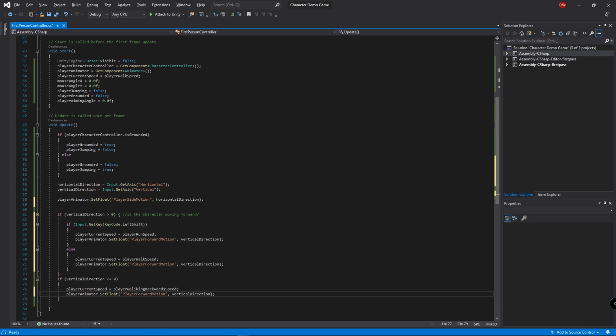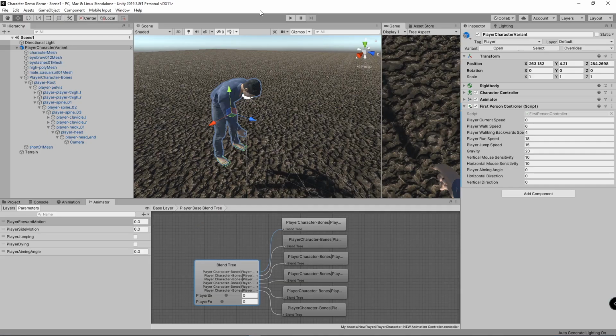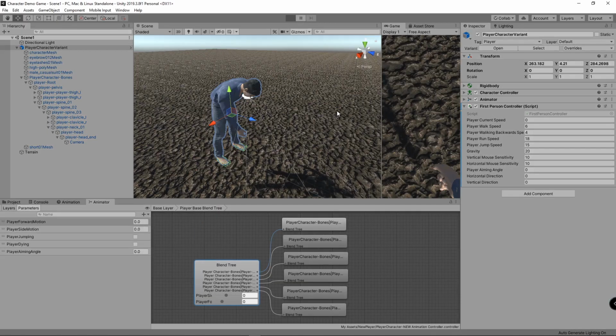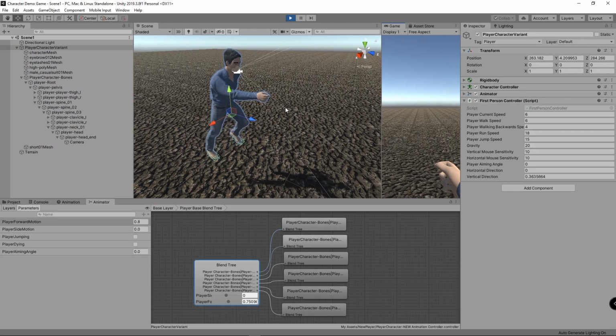And the reason for it is when this is set, we're going to set the current speed to run speed. But the thing about the forward motion is it's getting the vertical direction. The vertical direction is still 1. So in order to work with our animator, we actually have to multiply it by 2. So let me show you the mistake here. So if I go here, and I hit play, and I'm walking,